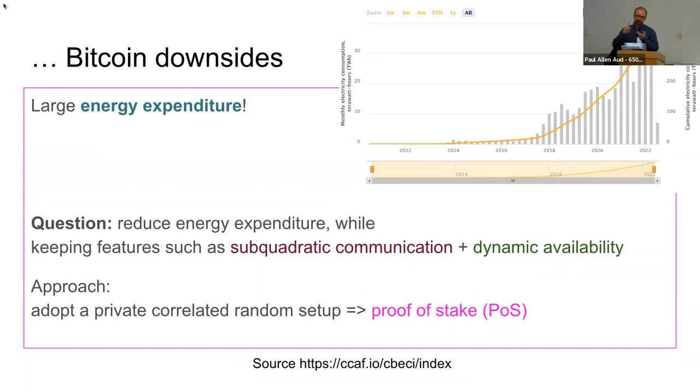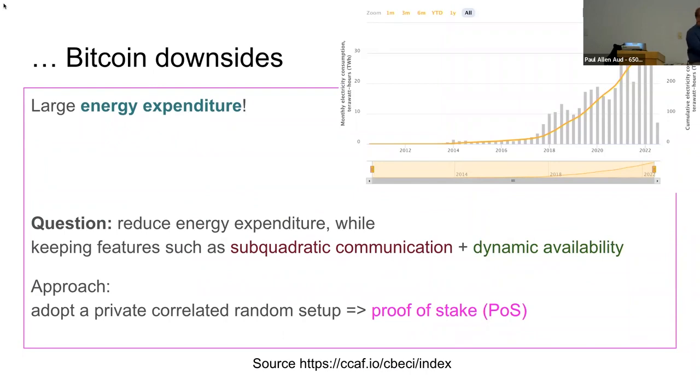So one interesting question arises from this: is it possible to reduce the energy expenditure? Because ledger consensus protocols, at least the ones we know from the classical literature, have a minimal energy footprint. They just send some messages, but they don't have this feature of using the proof of work process, which is extremely wasteful. Now, something has to give. We cannot just keep everything in the threat model of the Bitcoin blockchain. So the question is what to give up.